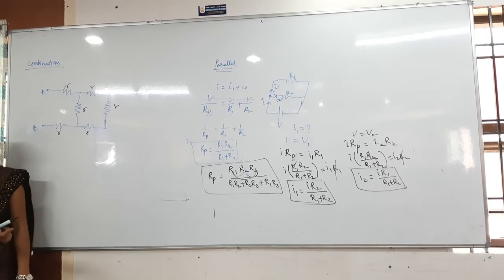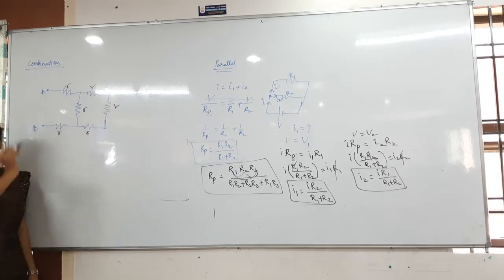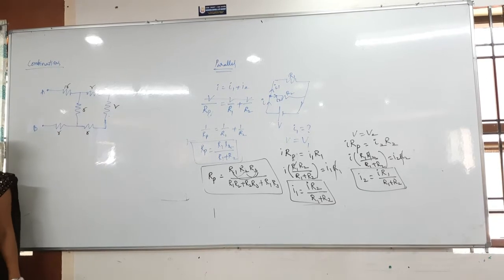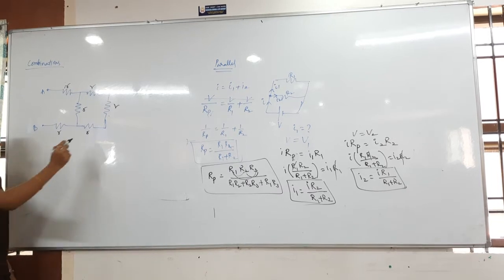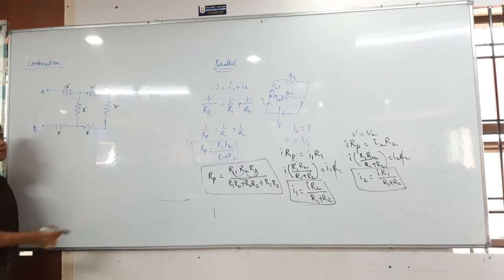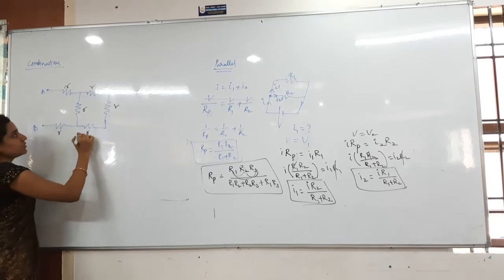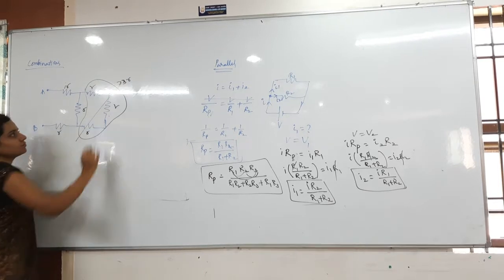That might be any shape, but one end should be connected to the other end, like that. Three resistors are there in which combination here? Series combination, end after end. Now these three are in series combination. What will we get here? Effective resistance is 3R. So my effective resistance together is 3R.